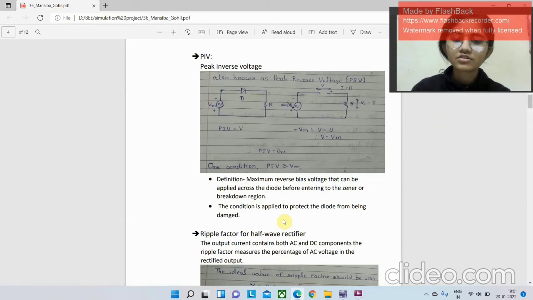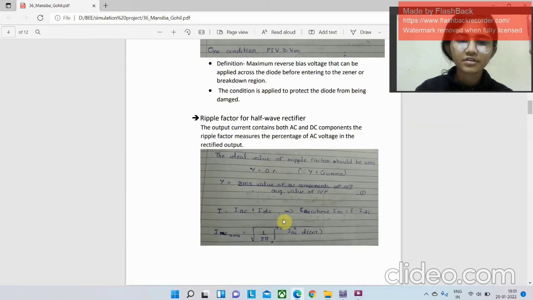Now I will talk about the ripple factor of the half-wave rectifier. Now, what is a ripple factor? As we know, the output will have both AC and DC components. The ripple factor measures the percentage of AC voltage in the rectified output. So gamma, which is the symbol of the ripple factor, should ideally be 0,